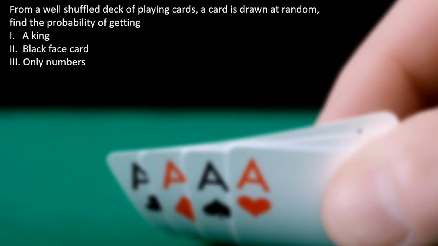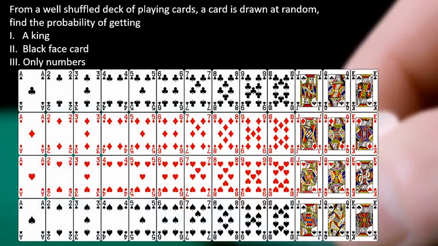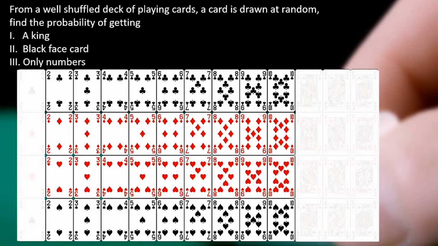Next, only numbers, right? So out of the entire set, we are looking at only numbers, and here's a thing that you need to remember. A number of times, students think like, okay, 1 2 3 4 5 6 7 8 9 10 11 12 13, and if I remove jack, queen and king, so 10. But pay close attention. We are not having 1 of club or 1 of heart or 1 of diamond. We have ace, which is not a number card. So when you do that, the number cards are only this, starting from 2 till 10,